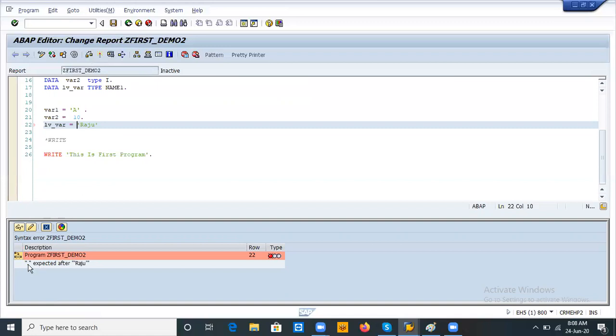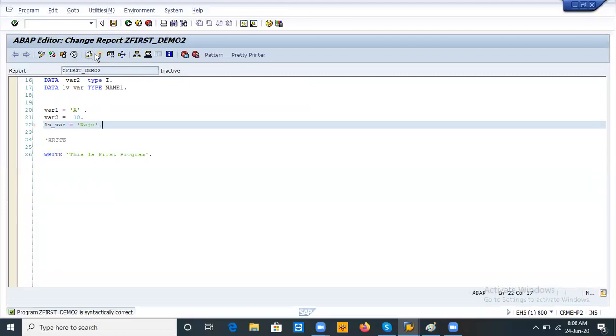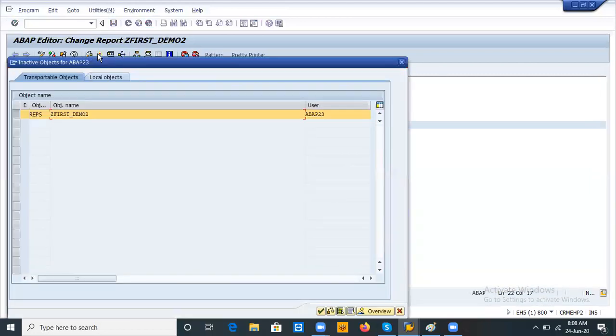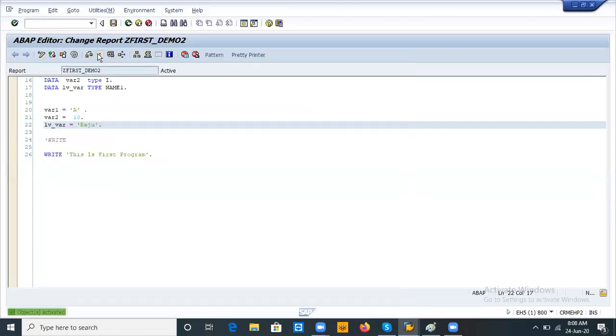The system is saying dot expected after the word Raju, so just provide a dot here, save, check syntax again, and activate it. Is it clear? Yes.